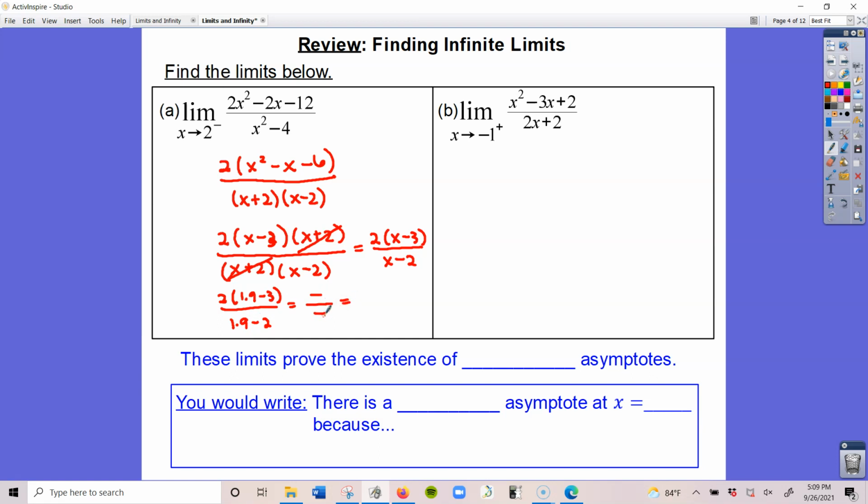And a negative divided by a negative would give us a positive. So here this would be positive infinity. Before we go on to this next one, what this means is that this limit proves the existence of a vertical asymptote,